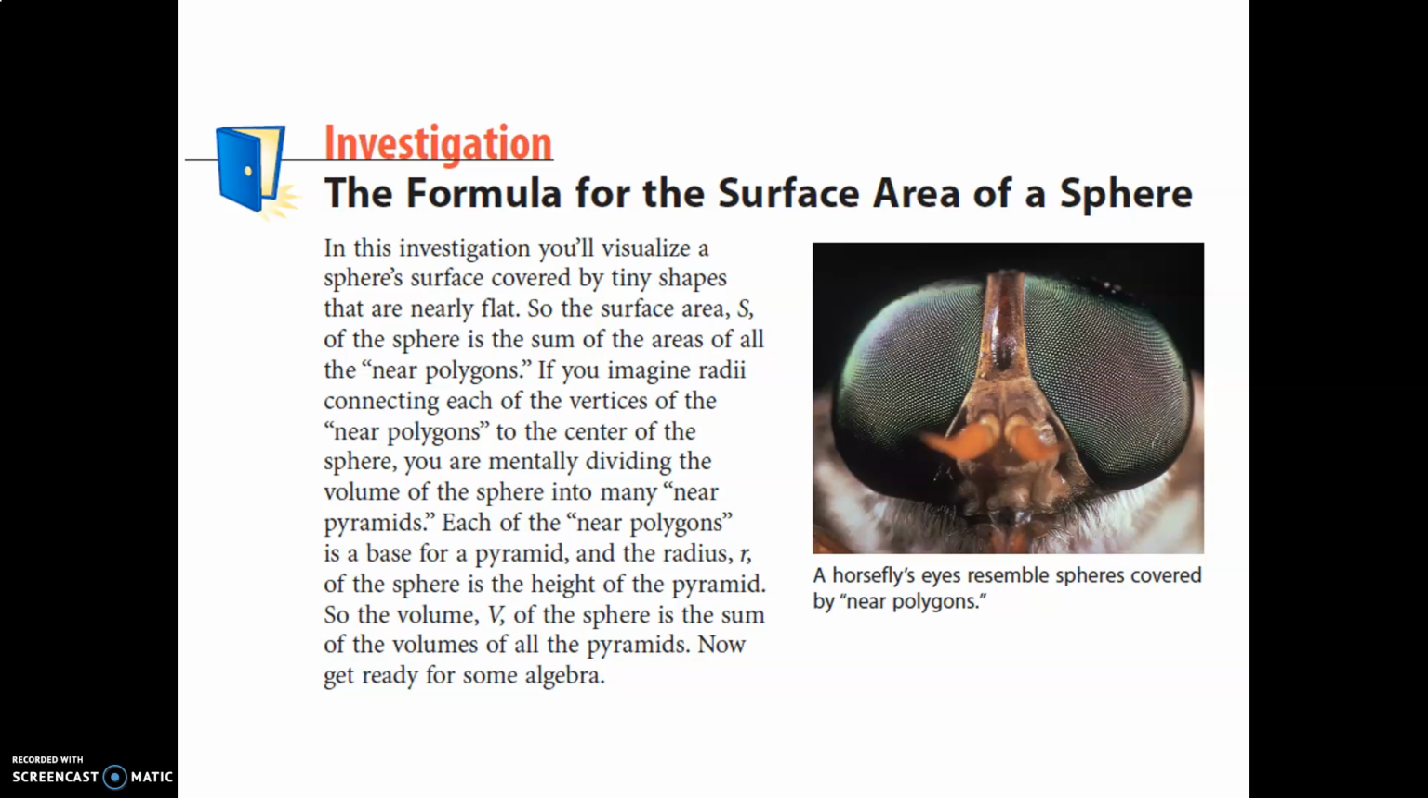It says, in this investigation, we'll visualize a sphere's surface covered by tiny shapes that are nearly flat. So the surface area S of the sphere is the sum of the areas of all of the near polygons. If you imagine radii connecting each of the vertices of the near polygons to the center of the sphere, you are mentally dividing the volume of the sphere into many near pyramids. Each of the near polygons is a base for a pyramid, and the radius r of the sphere is the height of the pyramid. So the volume V of the sphere is the sum of the volumes of all the pyramids. And that's what that investigation or that posting that I did,